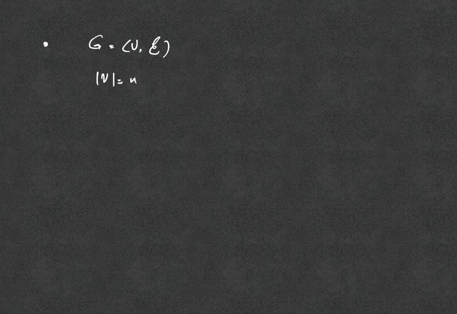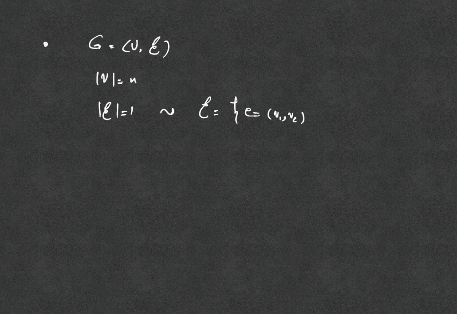Now here's another important property. Consider that you have a graph G that has this set of vertices and set of edges. Sorry for the bad handwriting, let me correct this. Now let's say the cardinality of the number of nodes is n and the number of edges is 1, meaning that without loss of generality, you could assume that epsilon is going to be an edge E, which is v1 and v2 in this system.